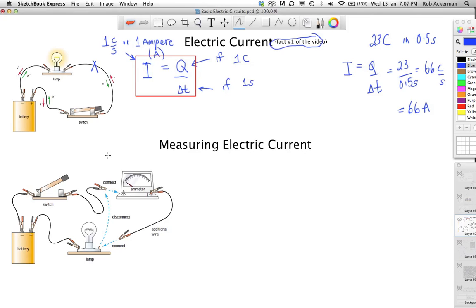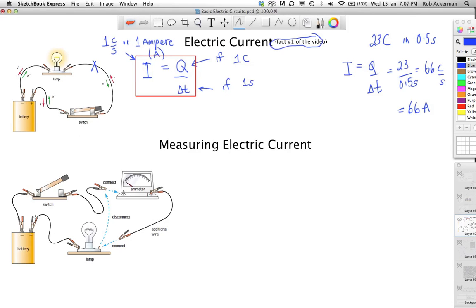Now, how do you measure electric current? Do you sit there and count electrons and see how many coulombs there are in a certain amount of time? Obviously not. There would be countless electrons. However, what we do is we use something called an ammeter. And an ammeter is an electric device that looks somewhat like this diagram here, also from your textbook. And how do we set it up? Well, if we take this particular circuit, which is shown here, the light bulb is just in a different position,